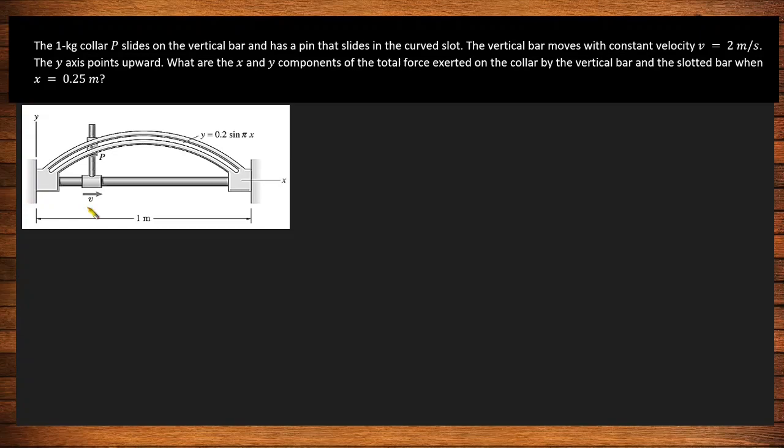So as we can see from our diagram, as our vertical bar moves horizontally, yung pin P natin dito will also be moving along this curved path. Okay? So, given yung equation ng path natin, so that is equal to y equal to 0.2 sine pi of x. Again, pinapahanap sa atin is yung force. Okay? So, ibig sabihin, we can use force mass acceleration analysis here, like in our previous example. So, to obtain the value of our force, hanapin muna natin yung value ng